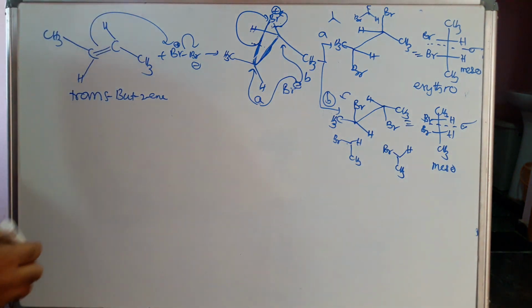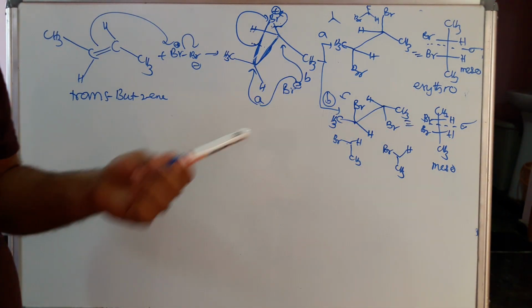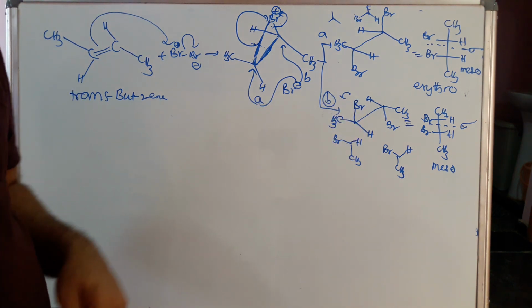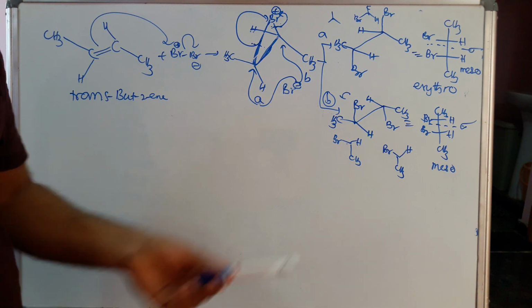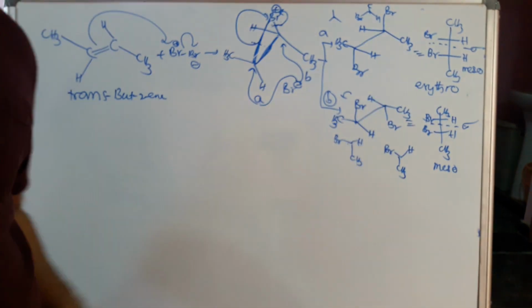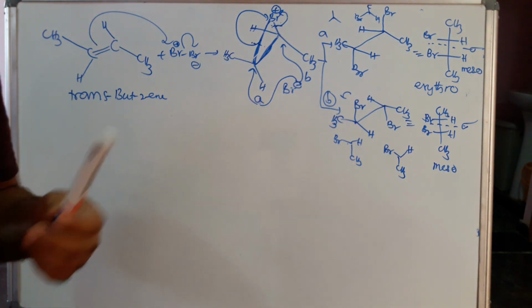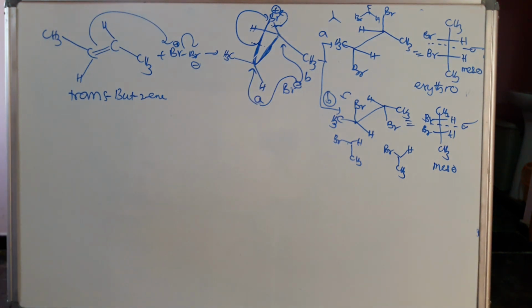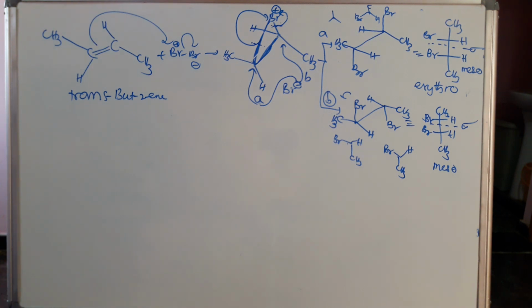Once again I am telling what is the meso compound. The compound which has a chiral carbon, but it has a plane of symmetry. Due to the plane of symmetry, it is optically inactive because half of the part will rotate one side, and the other half of the part rotates the other side. Then they totally mutually cancel the plane of rotation. Then it is optically inactive.